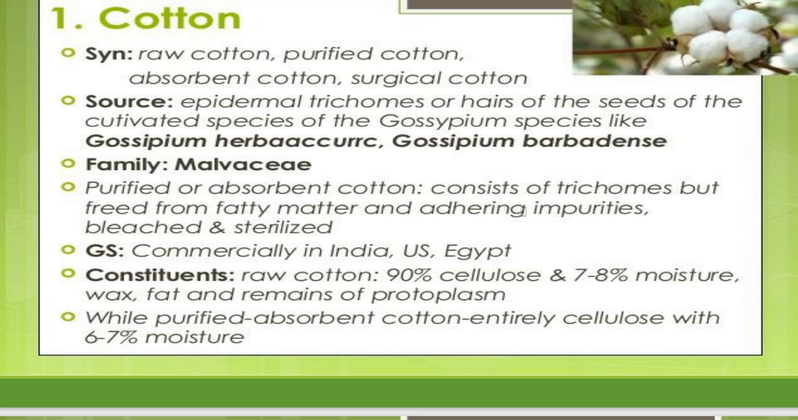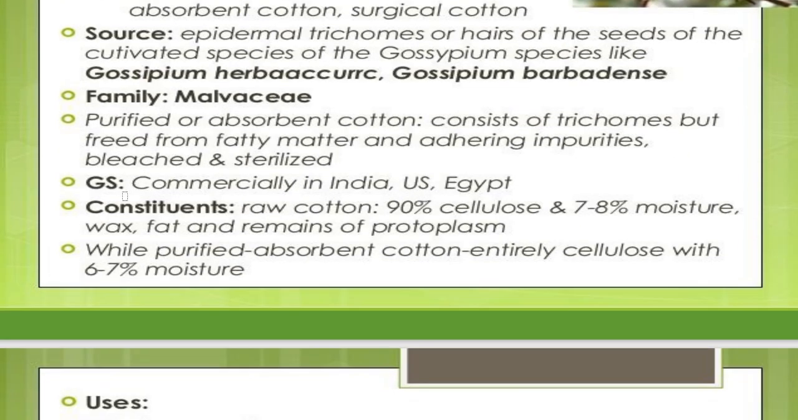जो भी impurities obviously वो plant से extract किया जाता है, तो जो भी उसकी fatty matter होता है और impurities other होती है, उसको bleach या sterilize करके ही वो market में आता है। ठीक है, what is a geographical source? It is commercially produced in India in large number and also in US and Egypt। उसके कॉन्स्टिट्यूएंट्स क्या